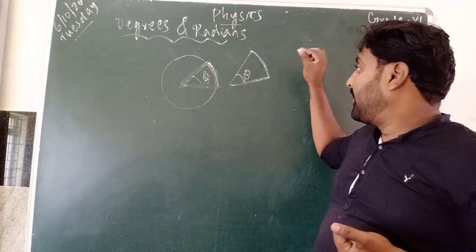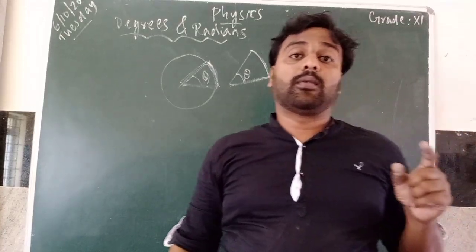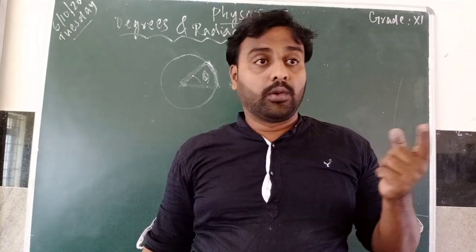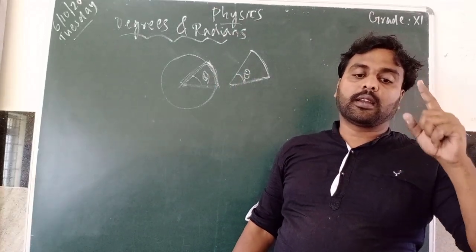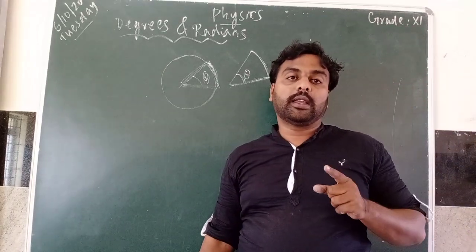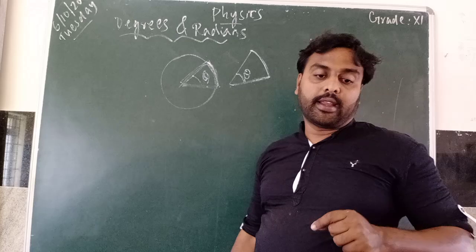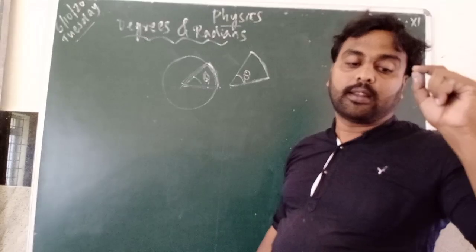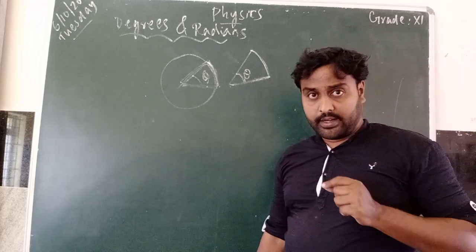Okay. So now what is meant by 1 radian? From our first unit, you have already learned what is 1 radian. Do you remember that? 1 radian means the angle subtended at the center of a circle by an arc that is equal to the length of the radius of the circle. You can see page number 88. You can mark the definition: 1 radian is the angle subtended at the center of a circle by an arc that is equal to the length of the radius.